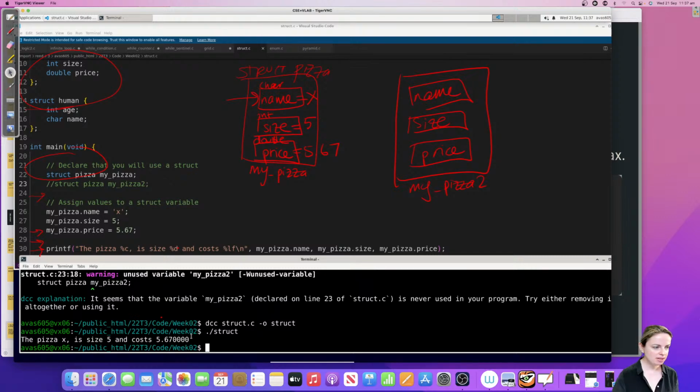Yeah, I mean, you can define a struct inside the main, but it's going to be a very useless struct to you because as we move on, we're really going to break things down into many functions, and so you're not going to have a lot of access to it.